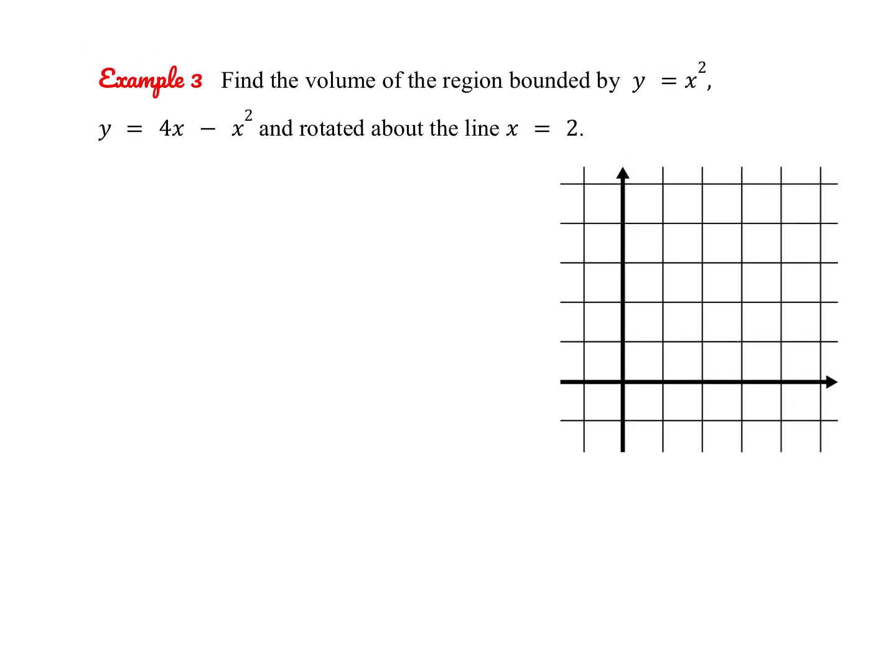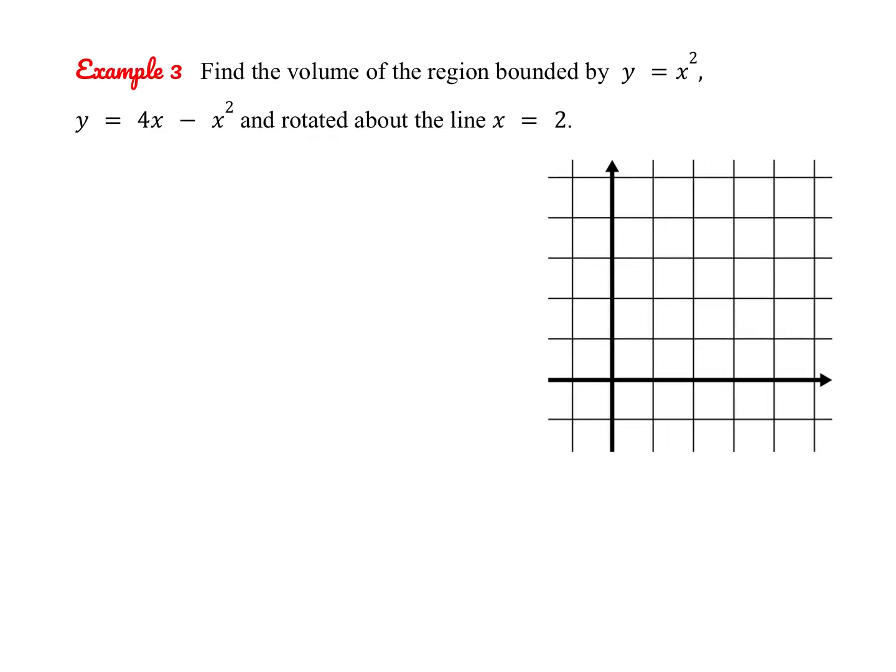All right, let's try another one together. So here we have y equals x squared and y equals 4x minus x squared. So this one actually has a vertex at 2, 4, and it's downward facing, and we know that this one has a vertex at the origin and upward facing. So my x squared ends up looking like this, and my other quadratic looks like this. So that's where they're going to intersect, so our bounded region is here, but you could continue your parabolas on if you want to. So my bounded region looks like this, and this time I'm rotating it about the line